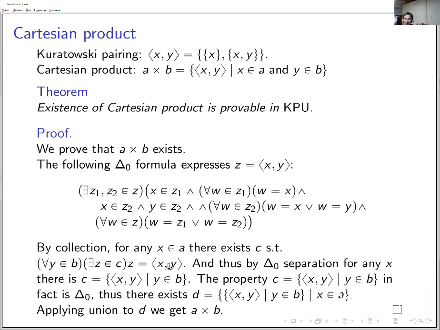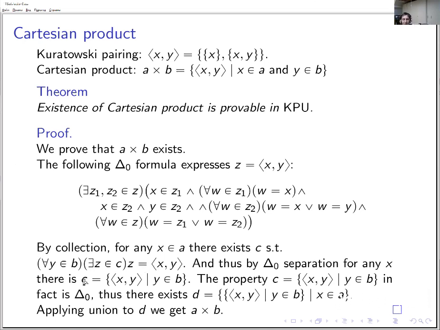So basically this is a section of the Cartesian product. Modulo some separation, the C could contain some additional elements, but then we can remove all these additional elements by delta zero separation. Thus we obtain that we have these sections of our Cartesian product for all fixed X. Then it's quite easy to also show that the property of being a section of the Cartesian product